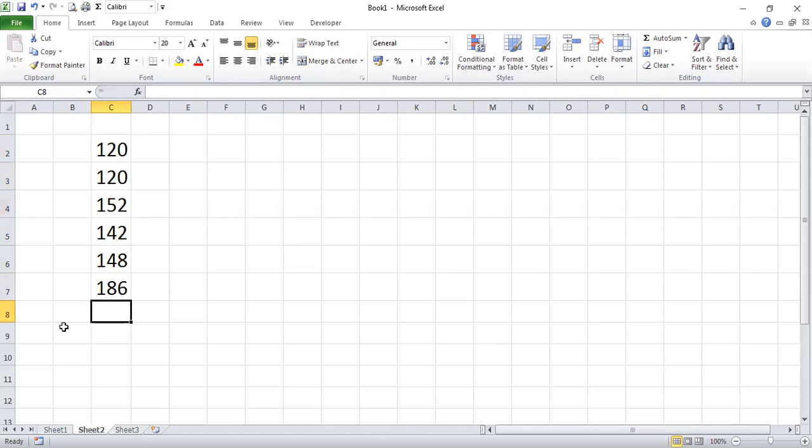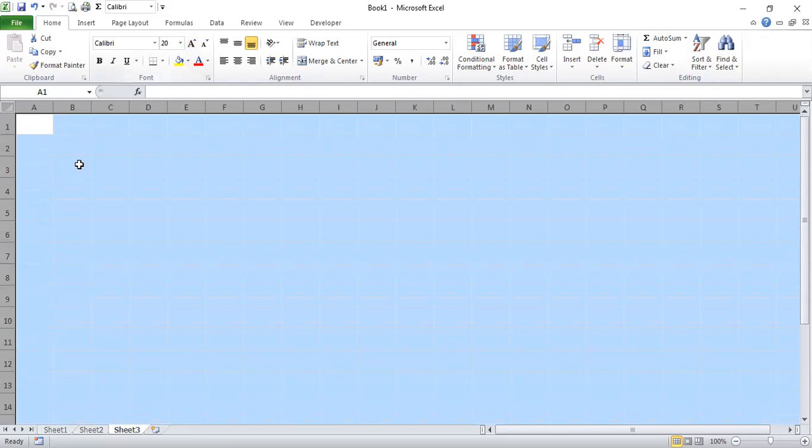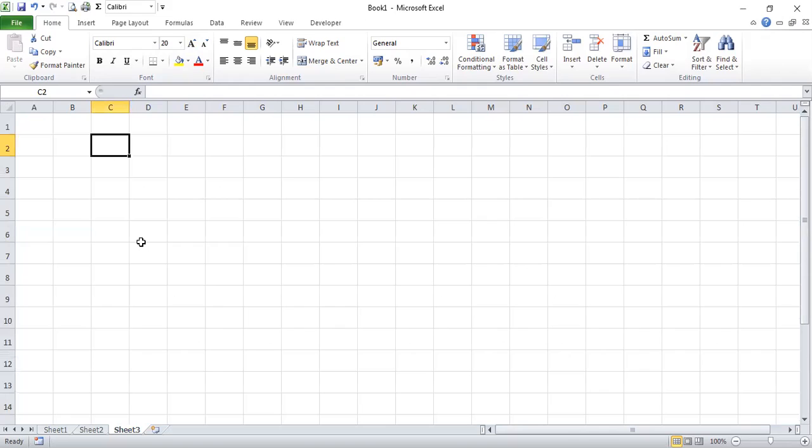Fine. So the next thing is we'll just open up the sheet where we want the consolidated data. यहाँ पे हम लोग cell select कर लेते हैं ये.